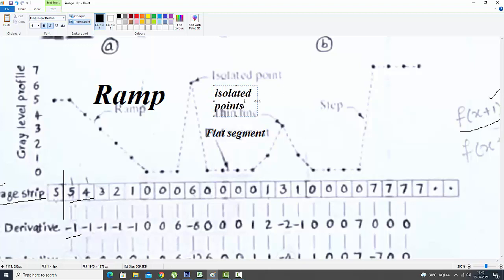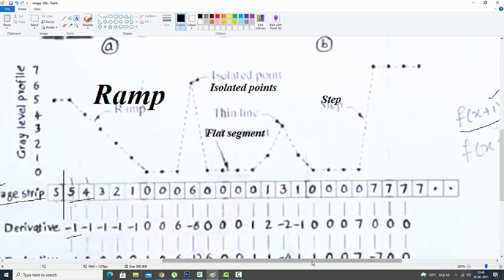So these are the things which we are seeing. So these are the things mainly in the image. But what happens when we are doing, and also this one is the step. Okay, so for better understanding, let me write this one. So this is the step, which is again increasing from 0 to 7. When it is going, it is again increasing.